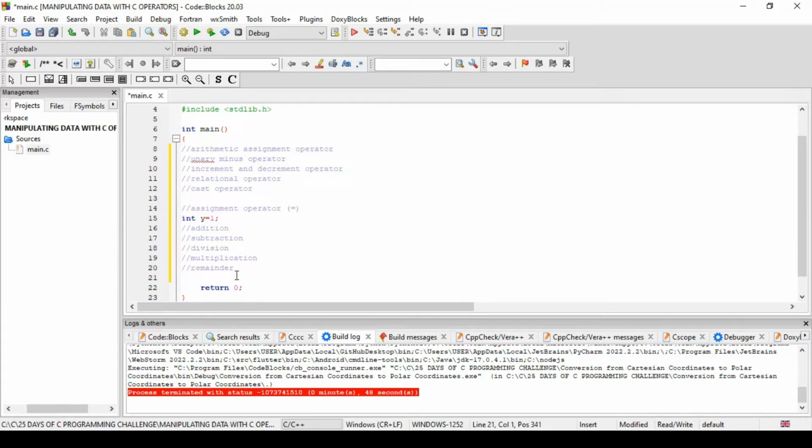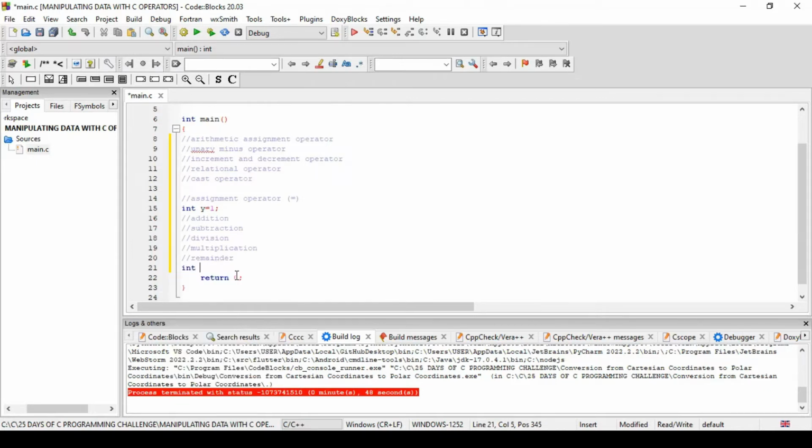With the example above, I can say int y is assigned the values